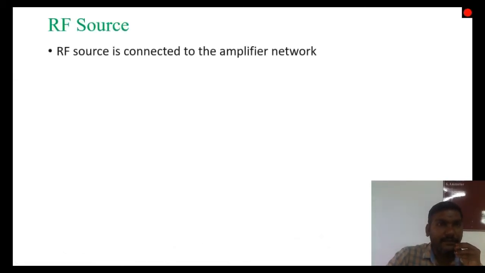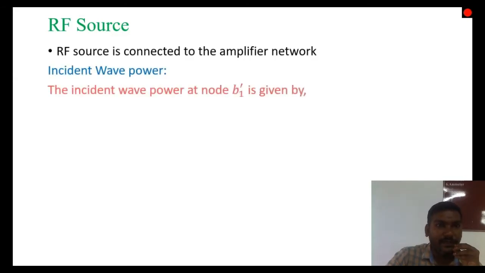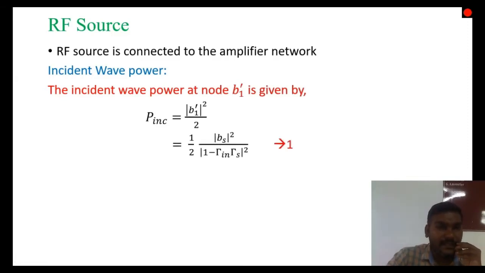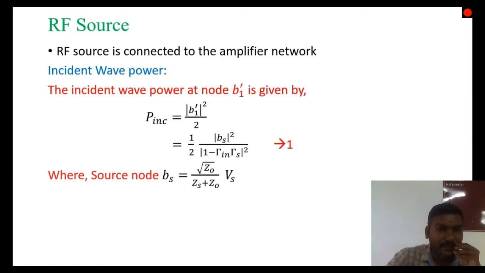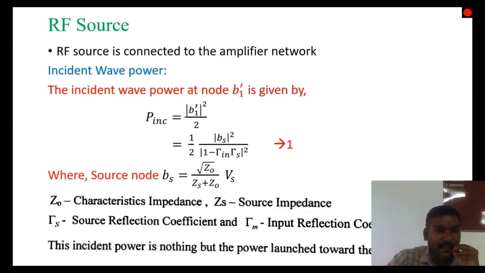And we can write the value of the source. First, the RF source is connected to the amplifier network. The incident power is given as B1 dash, and P incident is equal to B1 dash squared divided by 2, and this is given as 1 by 2 modulus of Bs squared over 1 minus gamma n gamma S squared. The source node is given as Bs is equal to 2 of Z0 by Z0 plus Zs into Vs, where Z0 is the characteristic impedance, Zs is the source impedance, gamma S is the source reflection coefficient, and gamma n is